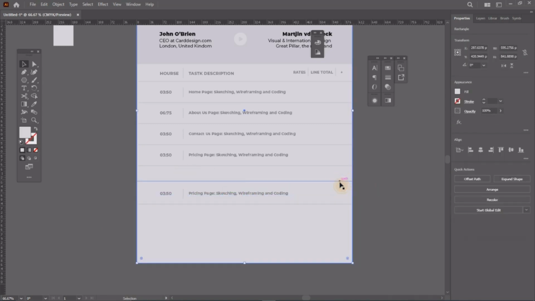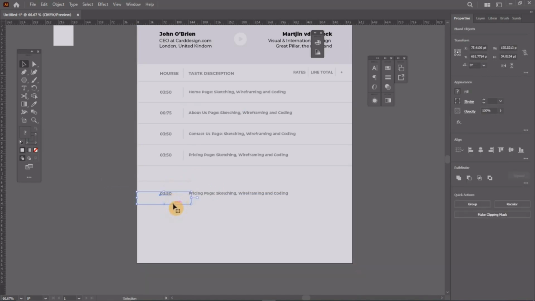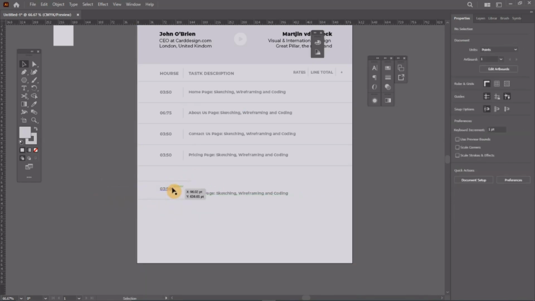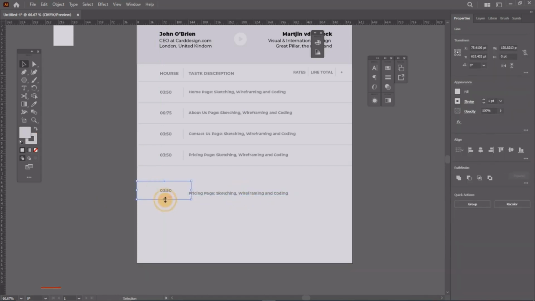So we'll reduce this line. This is good. Perfect. Let's reduce this also. Good. So we'll bring this to this side also. Good. So now